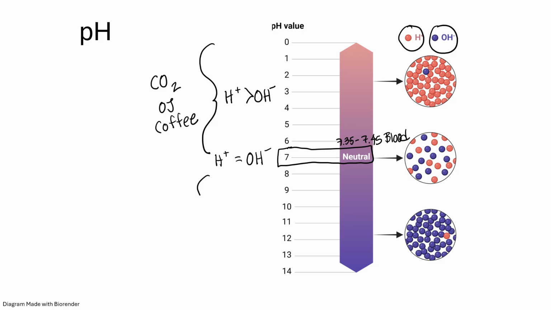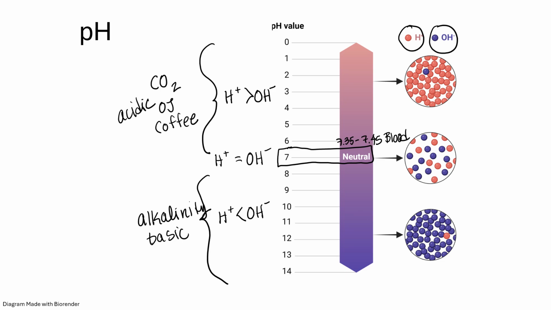The values of 7 to 14 on the pH scale reflect alkalinity, which we can also call basic, not acidic. You can use either term in this class. If you take a chem class, you might have a professor that forces you to use one or the other. So these values of 7 to 14 on the pH scale indicate that there are fewer hydrogen cations than OH- anions. And this part of the scale reflects things like Tums,